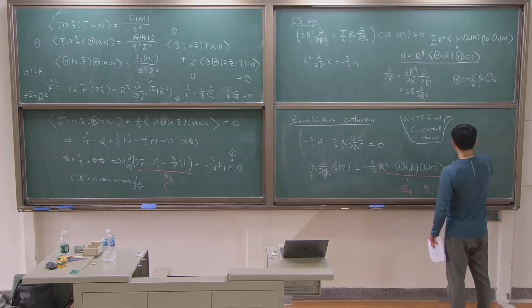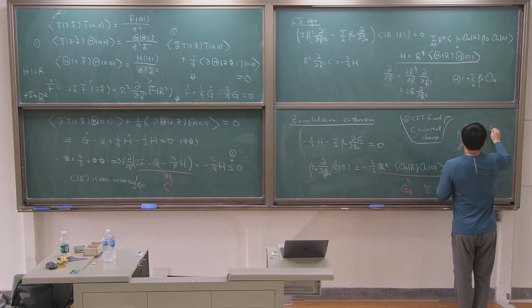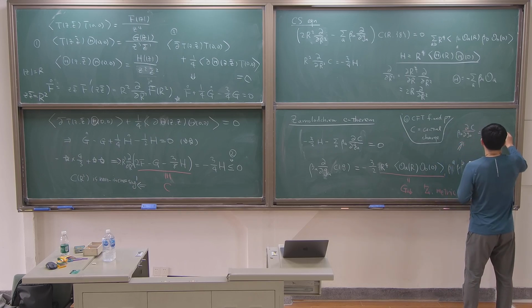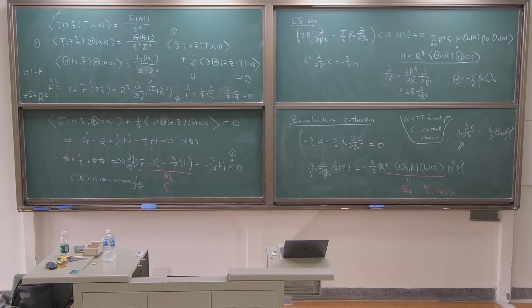Therefore this one becomes beta^A delta_A of C is equal to